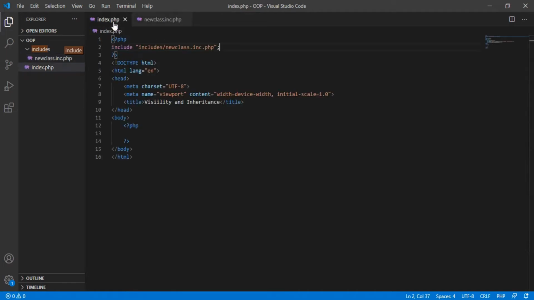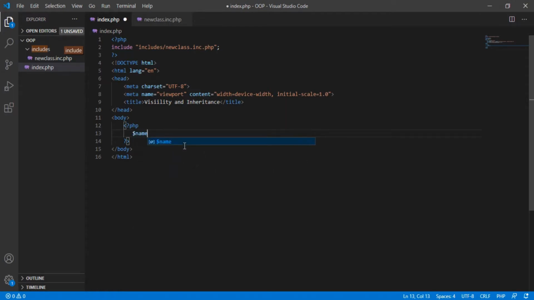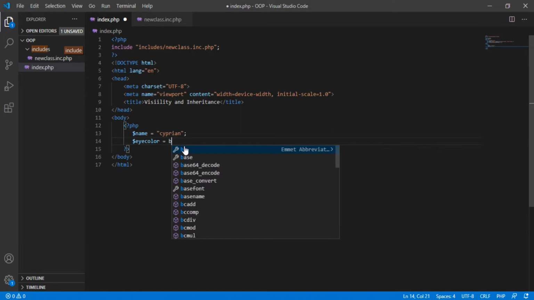Maybe to show you why we need properties before we try and create them, as I have mentioned, we might have a person and we might require the name of the person. Let me just use my name, Cyprian, and then maybe the eye color, black, because I'm black, and